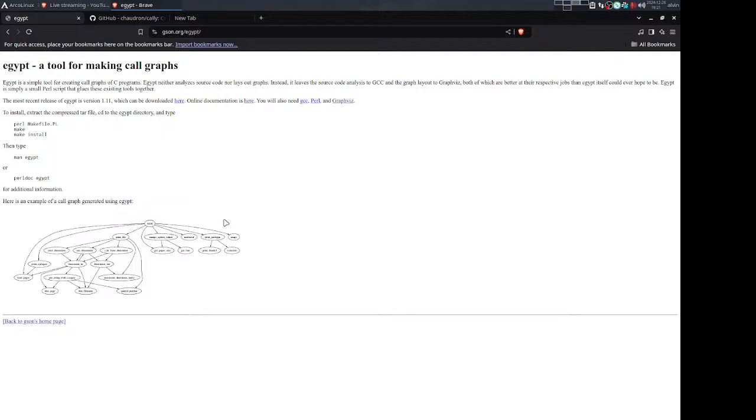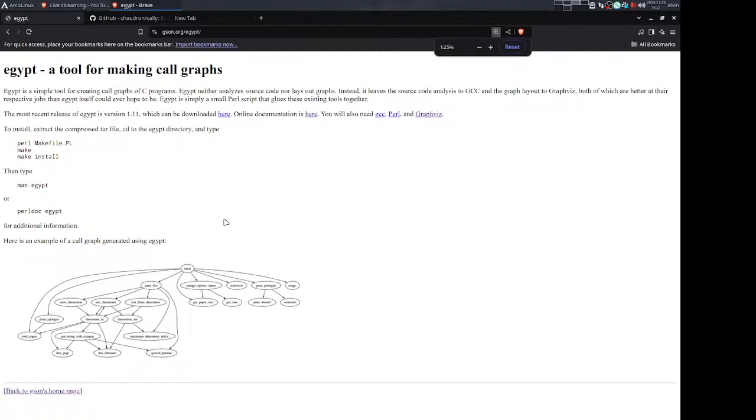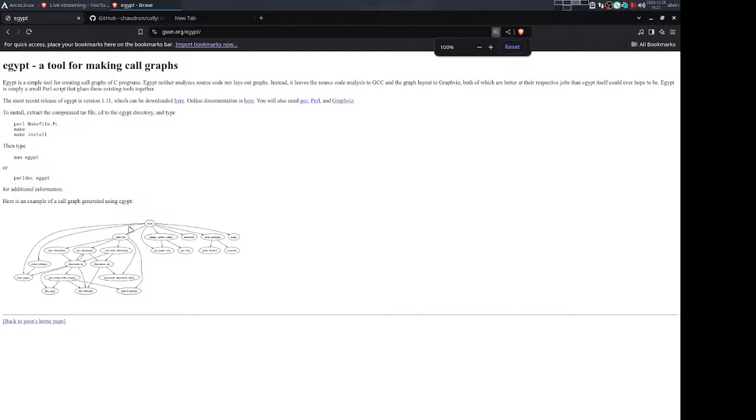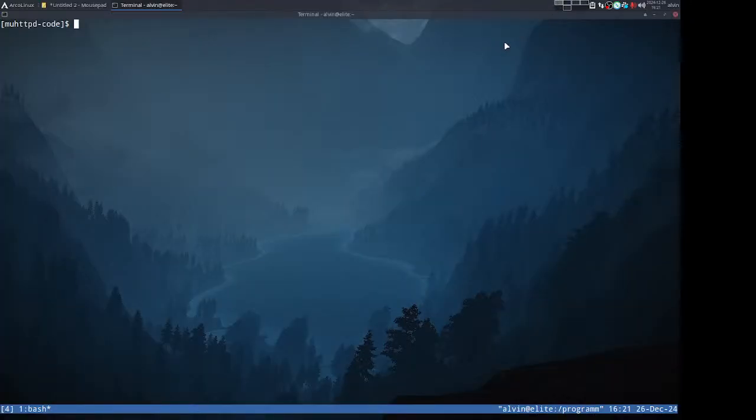Has main. It's still blurry. Okay, but anyways, it tells you all the functions that it goes to, so that way you can much more easily understand what the program's doing, and in your head kind of visualize this much better than you could tracing code or debugging code. So let's go ahead and go to the terminal